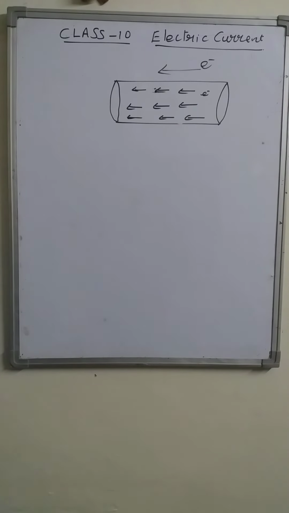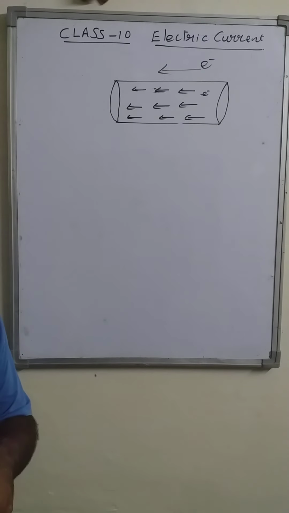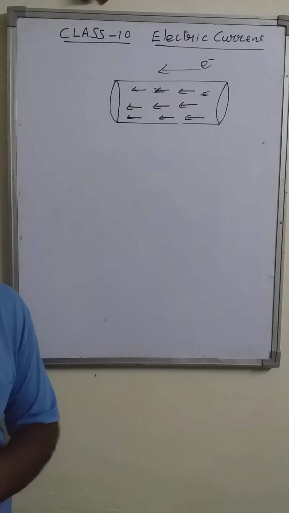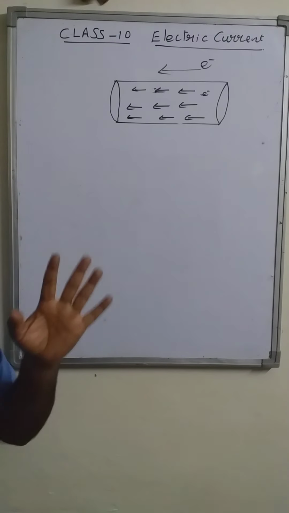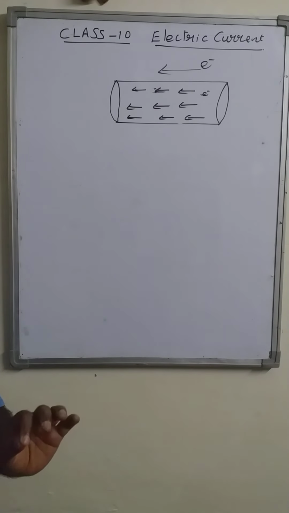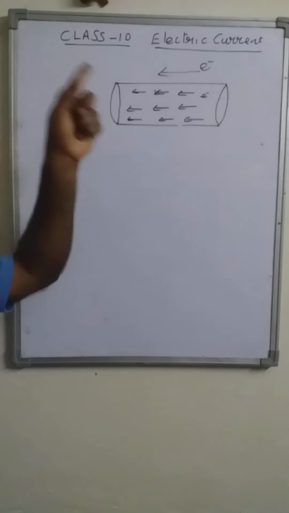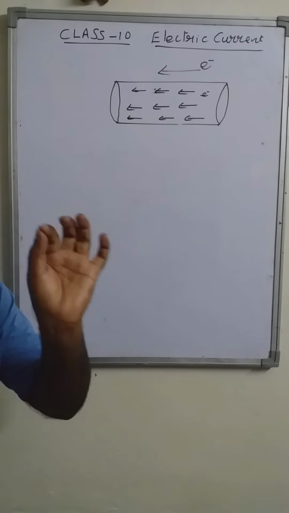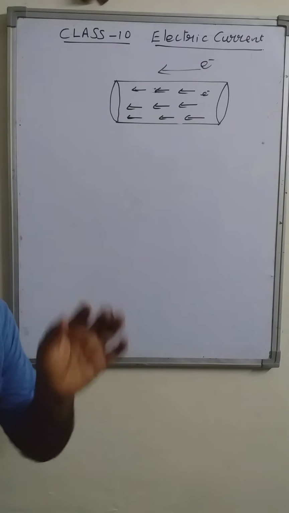But the direction of electric current in any electrical circuit, I think you know about the electric circuit, because in the earlier classes it was discussed what is an electric circuit and the symbols of electrical appliances, everything was discussed. Here also once again we are going to discuss the same thing, but before that the direction of electric current is to be given. In this conductor, the electric current is due to the flow of electrons only, not due to the flow of positive ions, because positive ions remain at the same position, at rest.